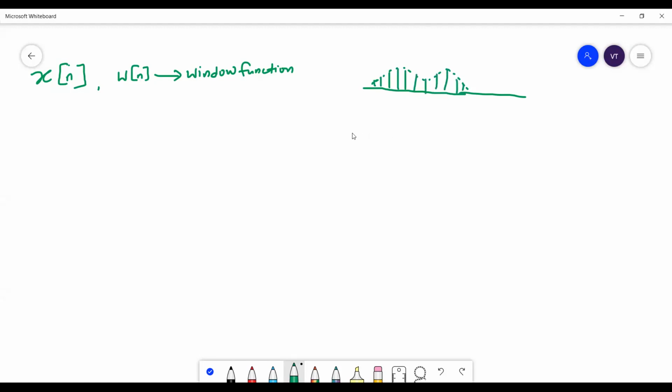Now, let me assume that I am going to examine this signal through a window. So this is my window through which I am going to look at the signal. The window has several samples. This window I will call w of n, and this signal I am going to call x of n. Let me assume the value of the window is equal to 1. All the values are equal to 1. So what this window does is it will examine the signal only in this region. Where you have this window, you will get the signal. So I'll just draw the resultant signal.